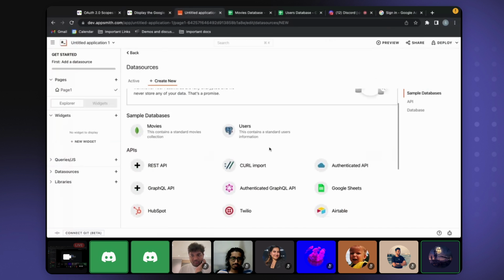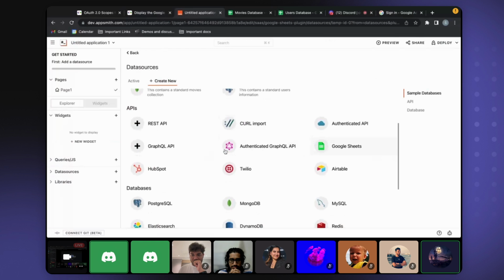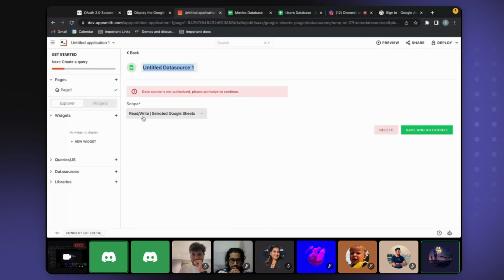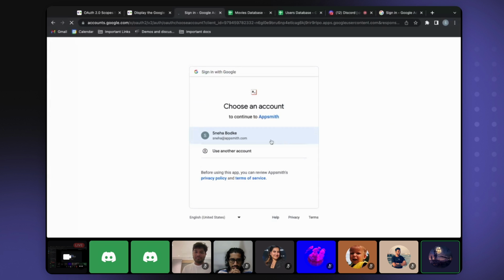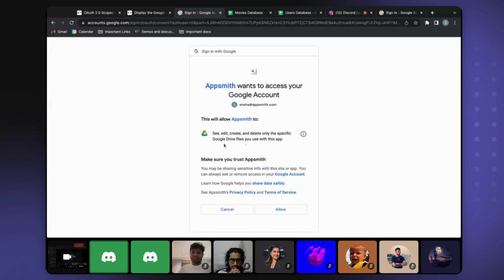So now with the new improvement, when you go to Google Sheets data source creation, the first option that you would see is read or write selected Google Sheets. And once you save and authorize it, now see the permissions have changed. Over here you'll be able to see the permission to see, edit, create and delete only the specific Google Drive files that you use with this app. So here we are not asking for access to their entire Drive files. This is a limited permission that we are asking. And once we click on allow,